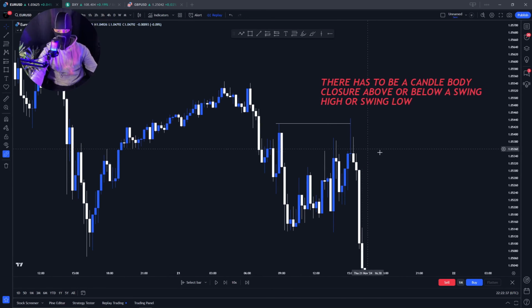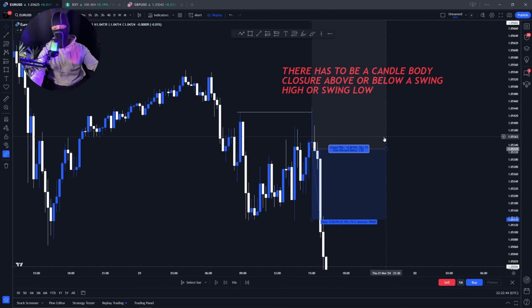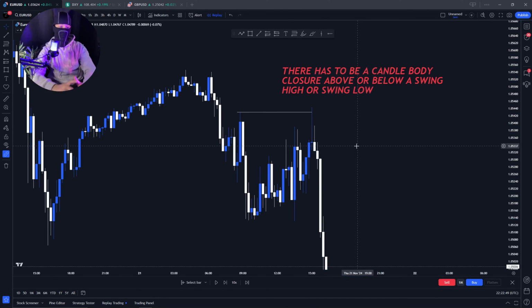And you see how these rules protect us? Because if I saw this as a breaker structure and tried to buy, I would have just got stopped out. Why? Because it's not a valid breaker structure. It's a fake out, and this is why our rules protect us. I'm going to tell you this now: as we go along with all of these videos, I'm going to be teaching you rules. Follow these rules, because they'll protect you and save you in the long run. Now let's go over here.